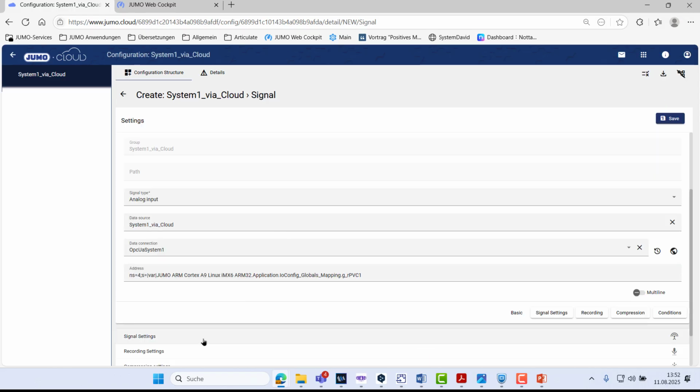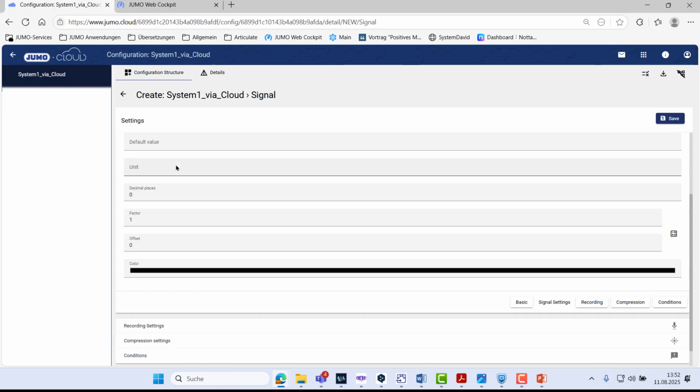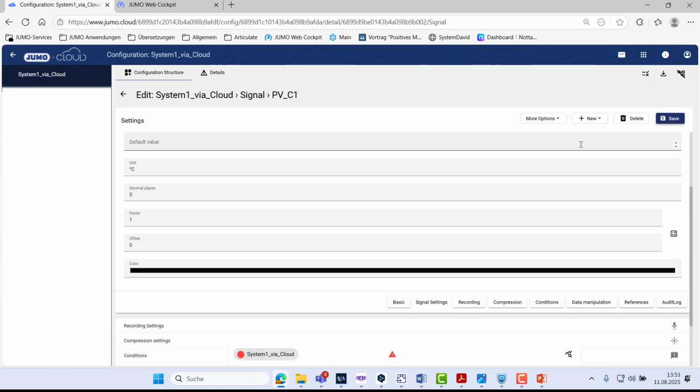I select the unit degree Celsius and save the signal setting. I also have to send the configuration changes for the signals to the data source, which can also be done directly here.